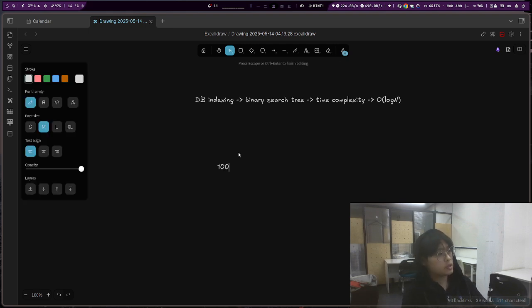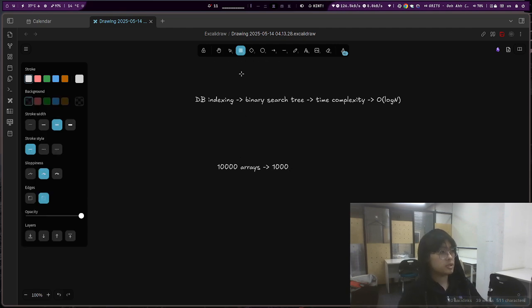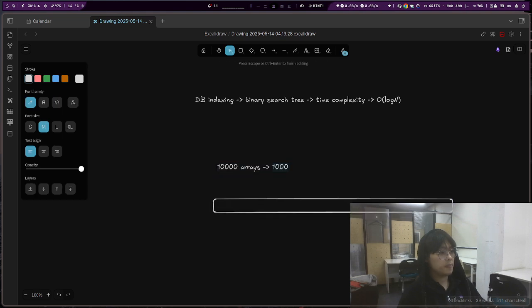For example, you have 10,000 values in an array, the number of values, and you want to get, let's say, the value 1,000. That means you have to traverse the array until you encounter the 1,000 value. So those kinds of things are